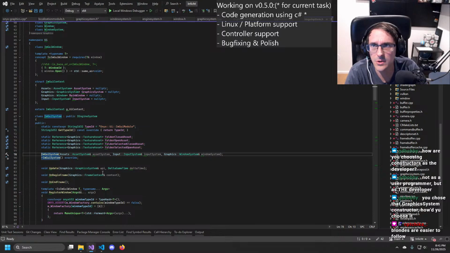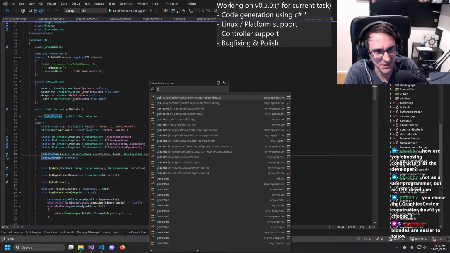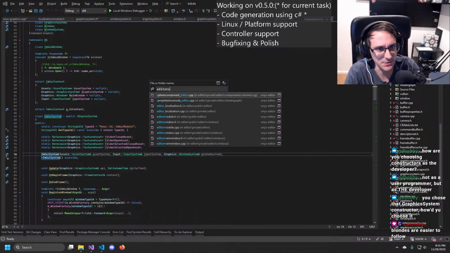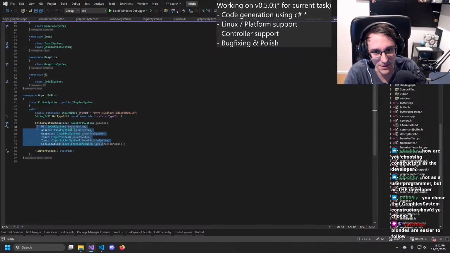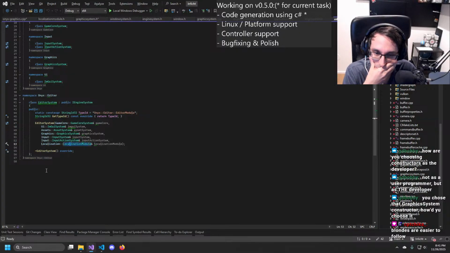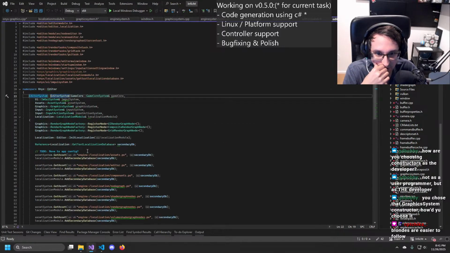No, it was the editor system that had a ton of those. So you would have all of those as references or as types in your template when you register.